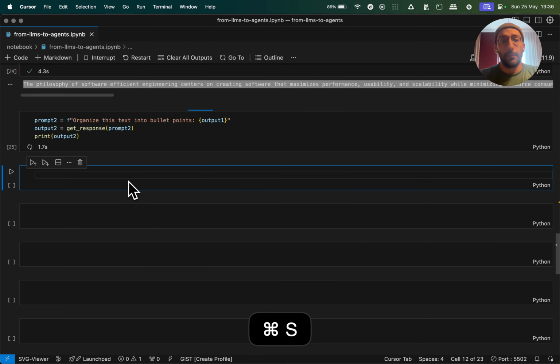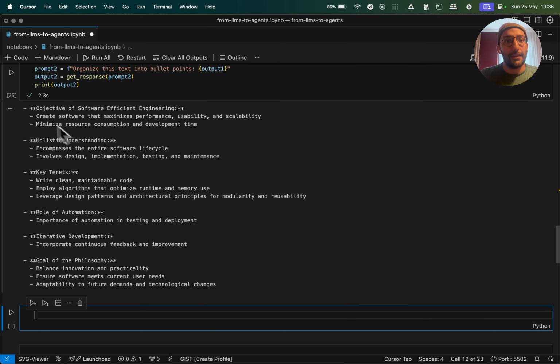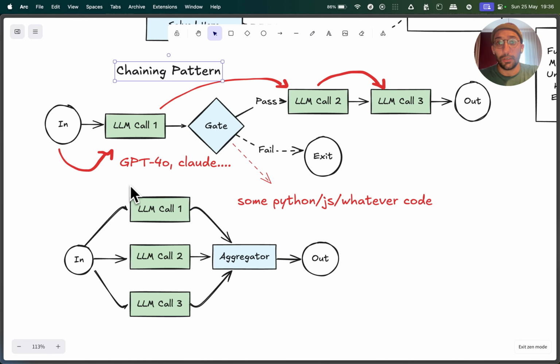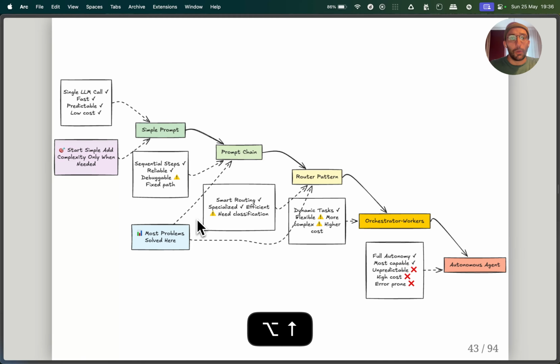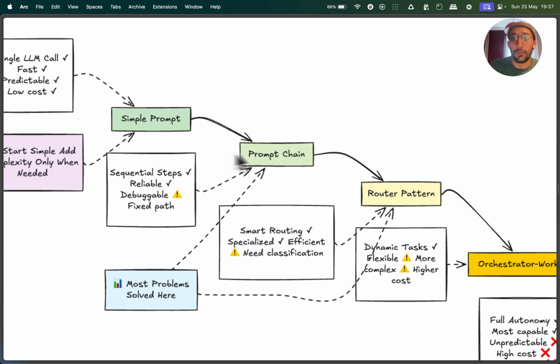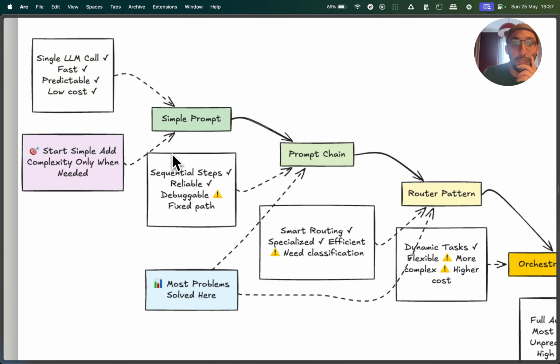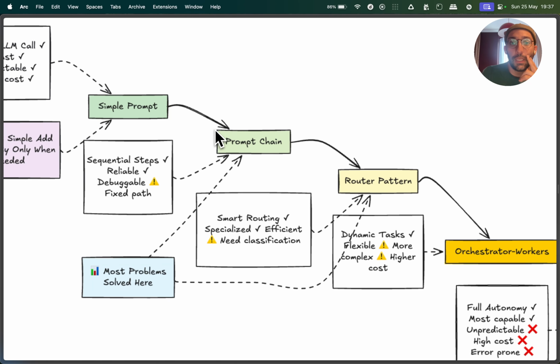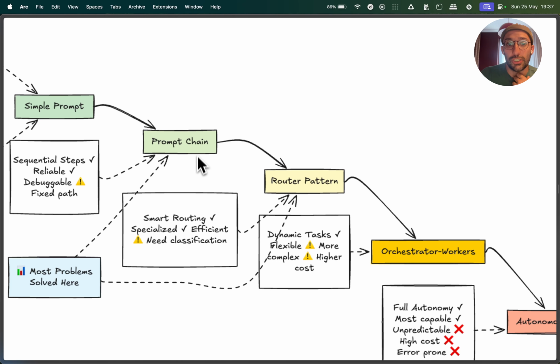So now we can send that out, and now we created the first paragraph about philosophy of software engineering, and this output makes bullet points, right? And we could do this, and maybe the next one will be summarizing this, extracting keywords, whatever it is. The point is we're chaining together prompts, okay? So this is great. This is a simple example that we're calling prompt chain over here, okay? And the simplest example is actually just sending one prompt, which is kind of obvious. And we're showing chaining, which is this example over here.